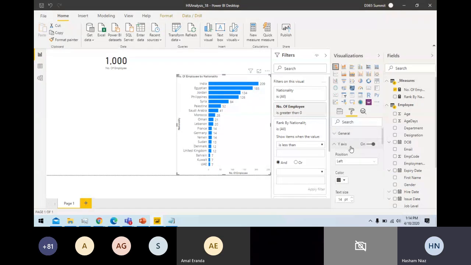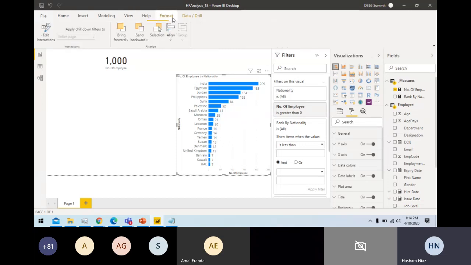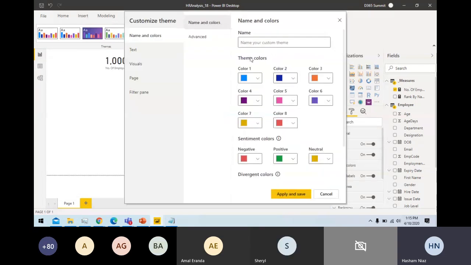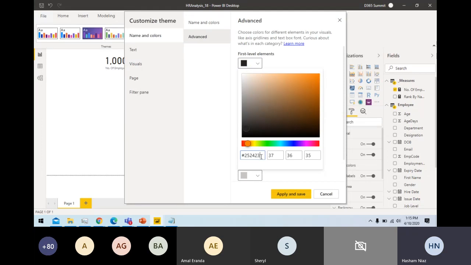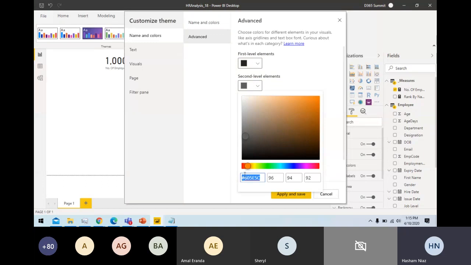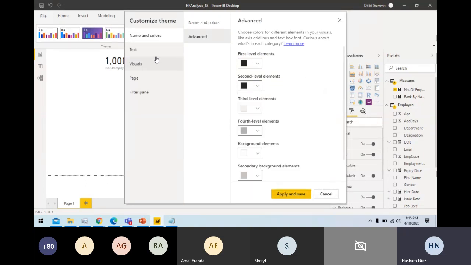Okay, so you followed till this point. Now let's start to create some more visualization and try to make this better. To do the formatting, you can customize themes. So you can customize the current theme as well. I can name this employee theme, so this will be saved here. In this session I say all the first and second level heading should use this black color.